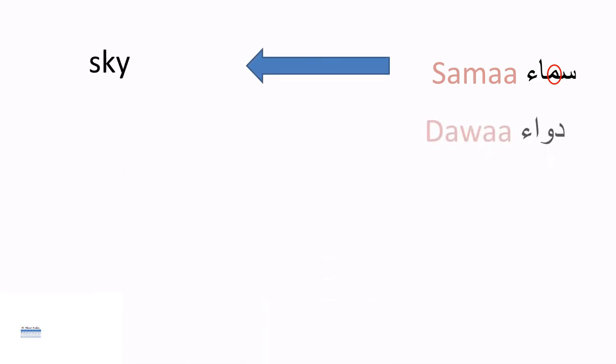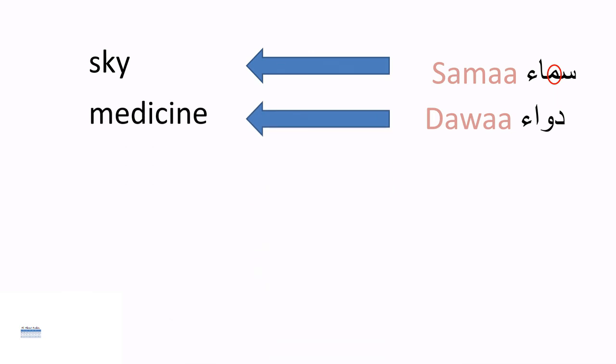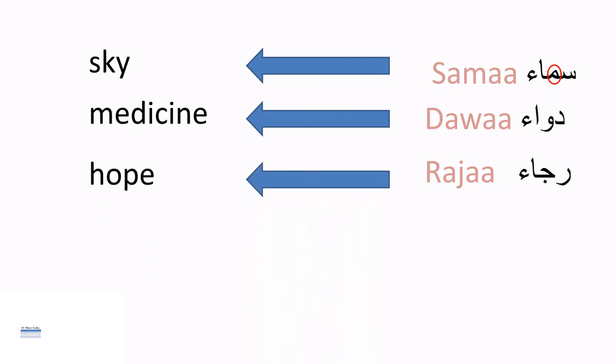Dawa. Dawa means a medicine. And raja, which means hope. So I hope